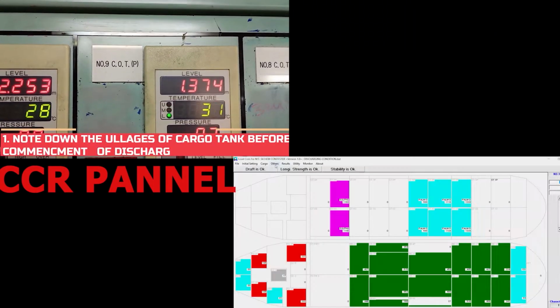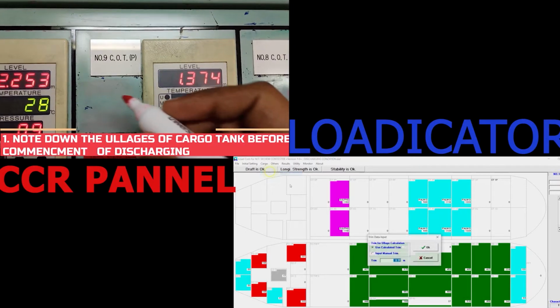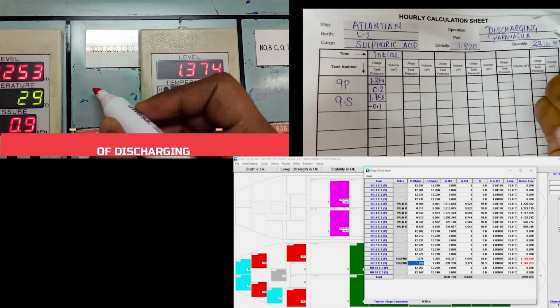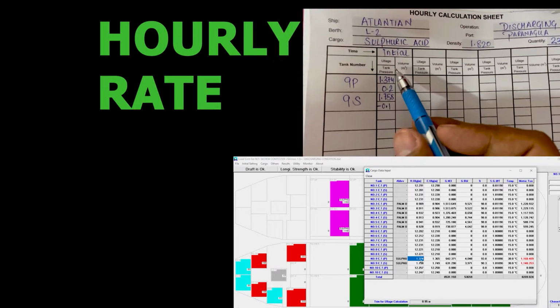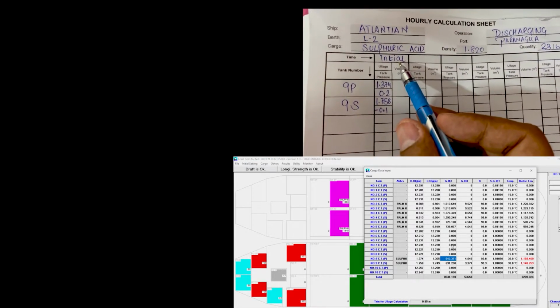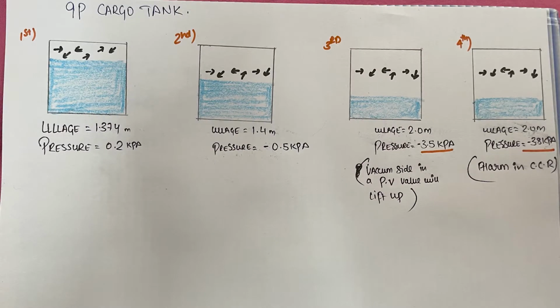So hello guys, welcome. This video is about discharging operation on a tanker ship and what all things a duty officer does in a CCR during discharging operation. We'll also see what all checklists he fills during the discharging operation on an hourly basis. But before showing you the live demonstration, I would like to show you some basics on pen and paper